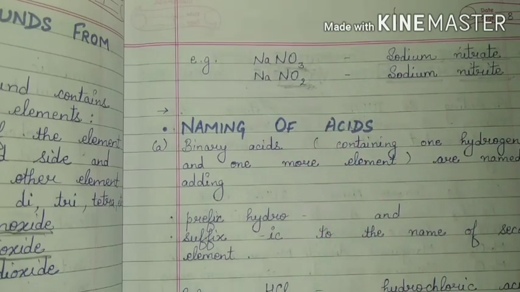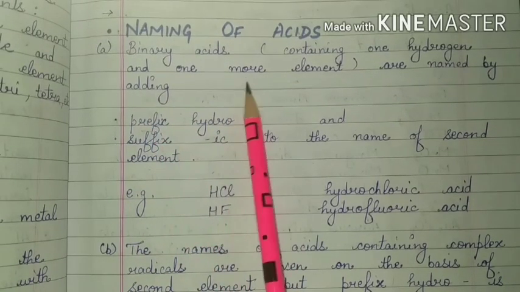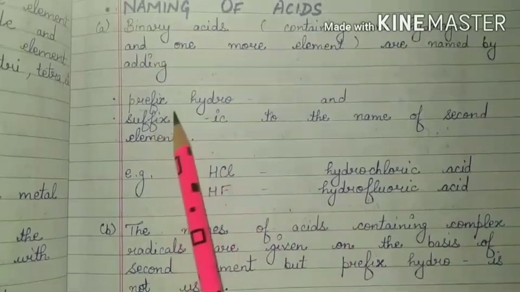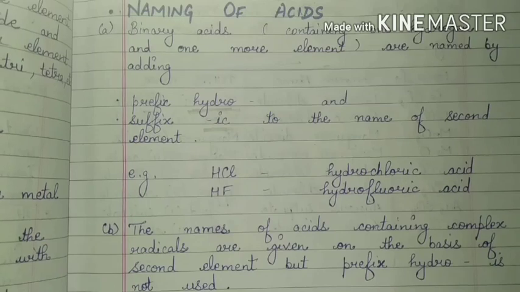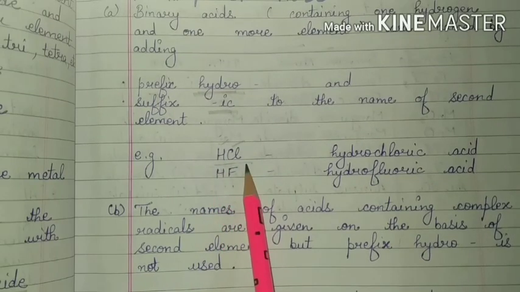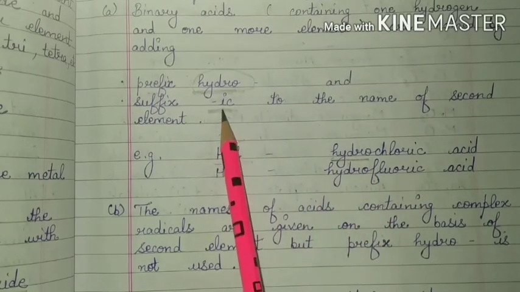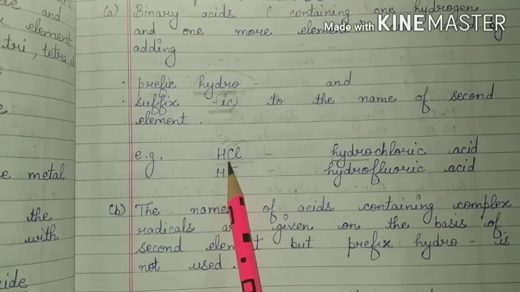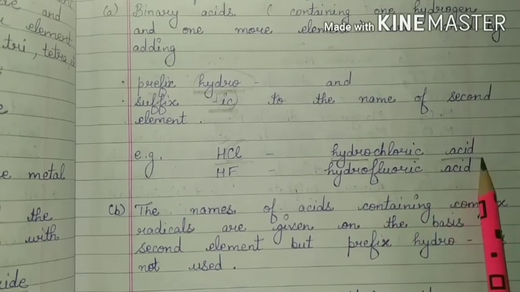Then for naming of acids, some different rules are followed. For example, binary acids, meaning acids in which we have one hydrogen and one other element, are named by adding the prefix hydro and the suffix IC to the name of the second element. For example, if we have HCl, we have hydrogen and one other element, so it is a binary acid. So here we have to add the prefix hydro. So we have written hydro. Then we have to write the suffix IC, so with the name of chlorine we add the suffix IC. So we have written hydrochloric. And at the end of the name, we have to write acid. So HCl is